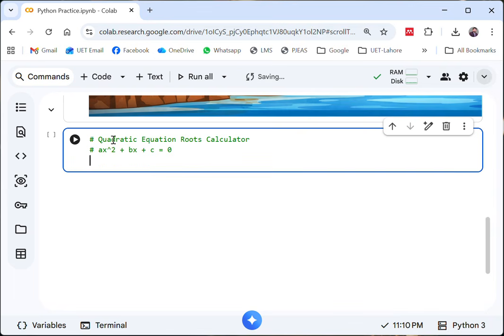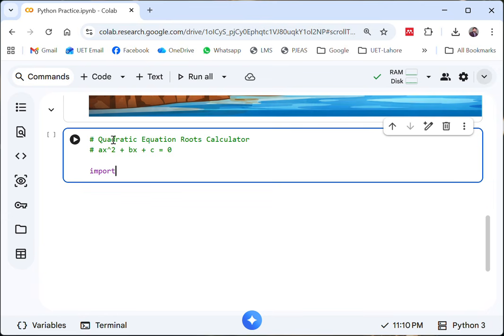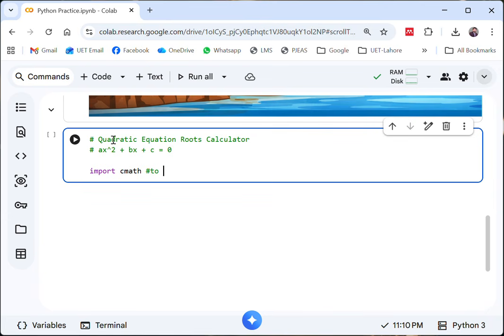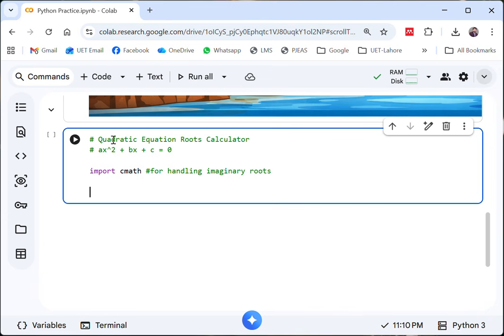At this stage, I am going to import a library called cmath, and we need this cmath library for handling imaginary roots. I can write it down here, for handling imaginary roots. Now we will see the use of cmath later on in the program, but the first step for us will be